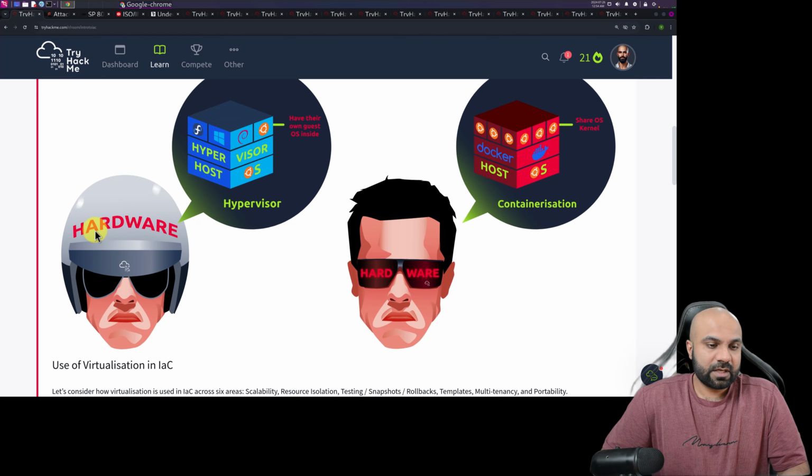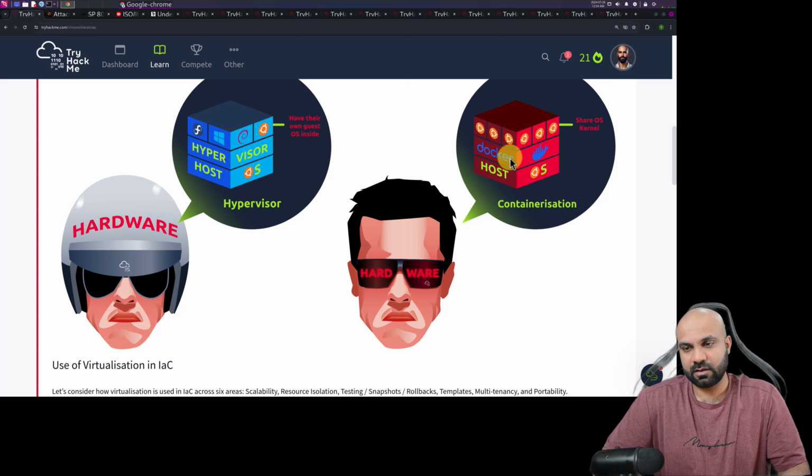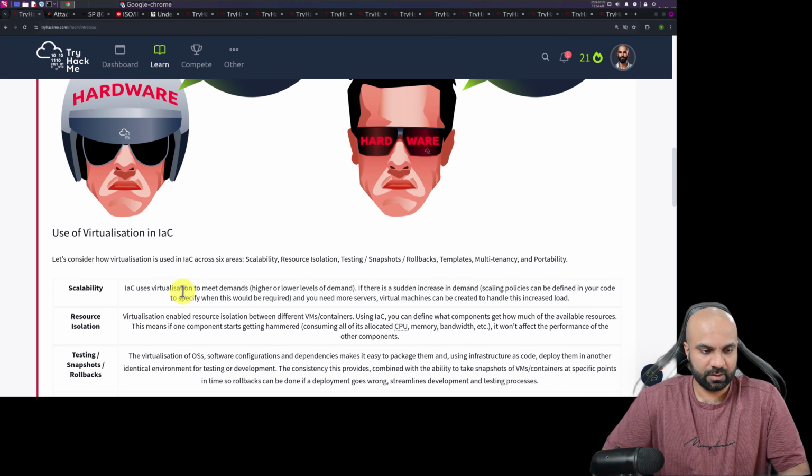Okay, let's see the graphic here. We have the hardware, we have the hypervisor, we have the host OS, then the hypervisor, and then Fedora, Windows, Debian, and Ubuntu, each with their own guest OS inside. On the other side, this is the modern one, containerization: we have the host, we have the Docker engine, and then our Ubuntu containers are running sharing the OS kernel. So in virtualization they have their own OS and don't share any kernel, while in Docker containerization they share the OS kernel. All right, let's move forward.